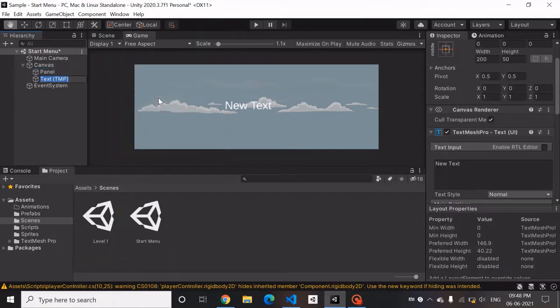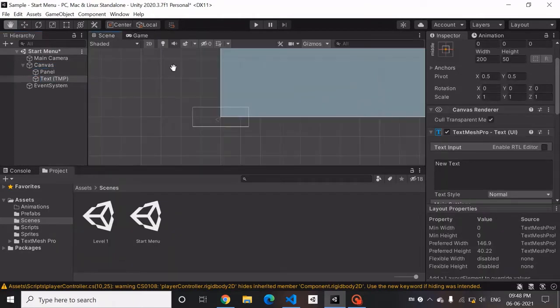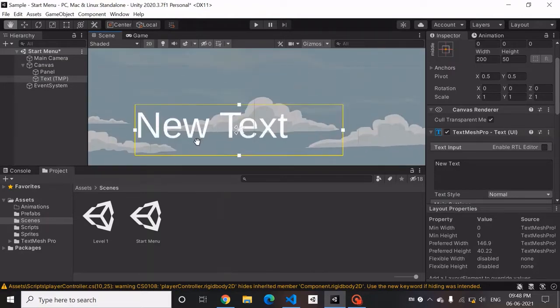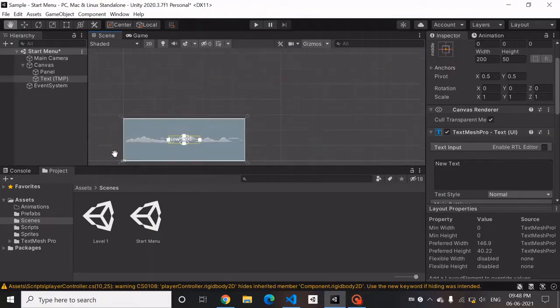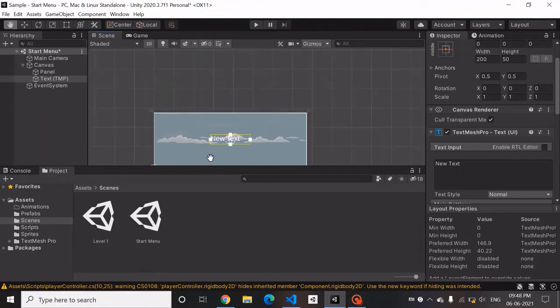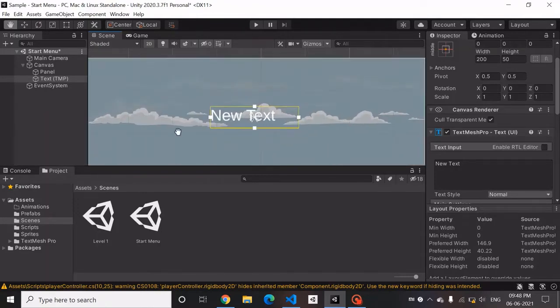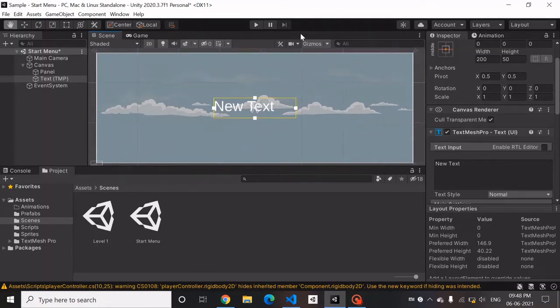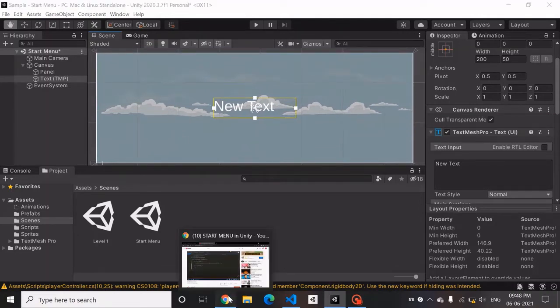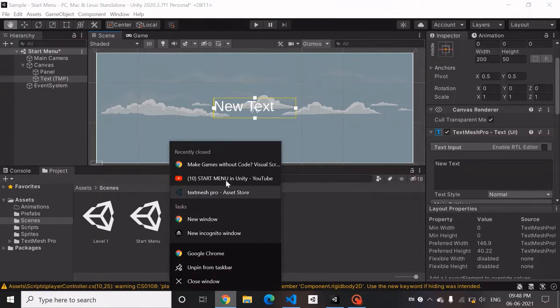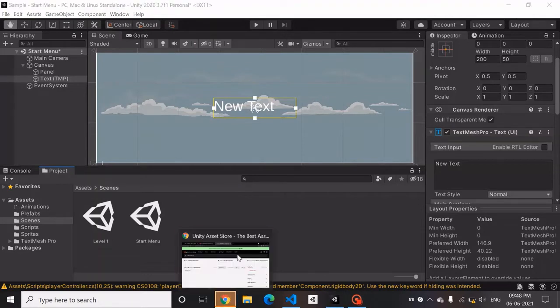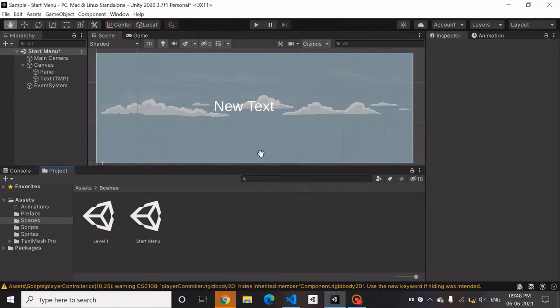So we're going to use Text Mesh Pro this time, and we'll see that the quality of this package is much better. In case you haven't imported it, you can import it from Unity. I'll just show you the page. I'll add it in the description.